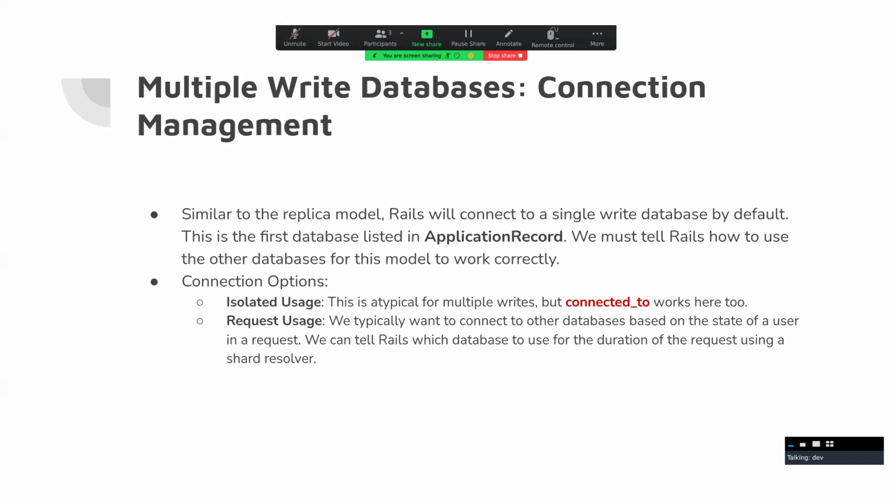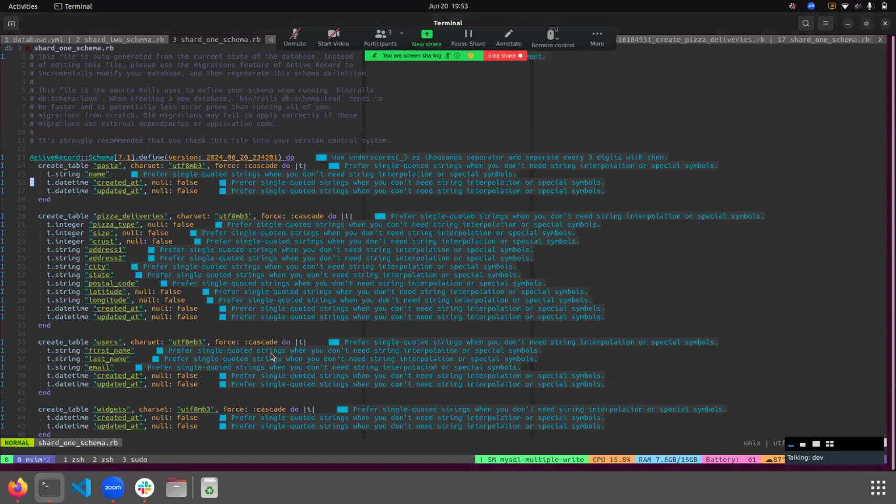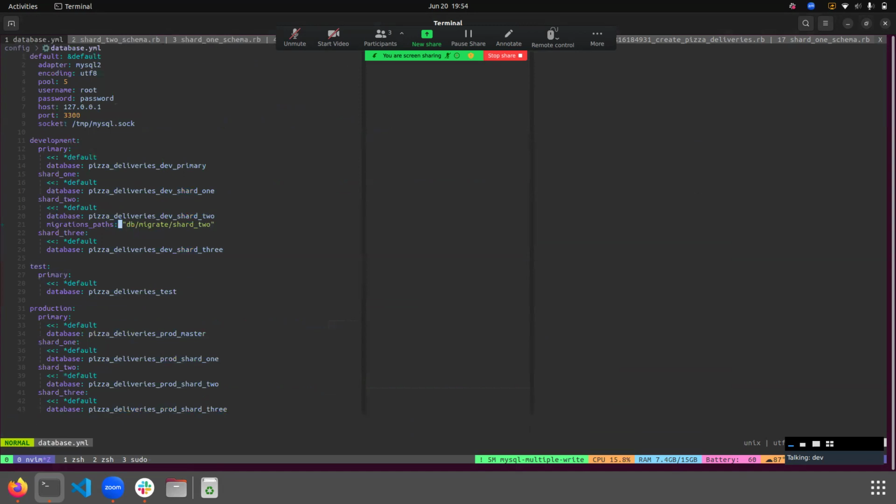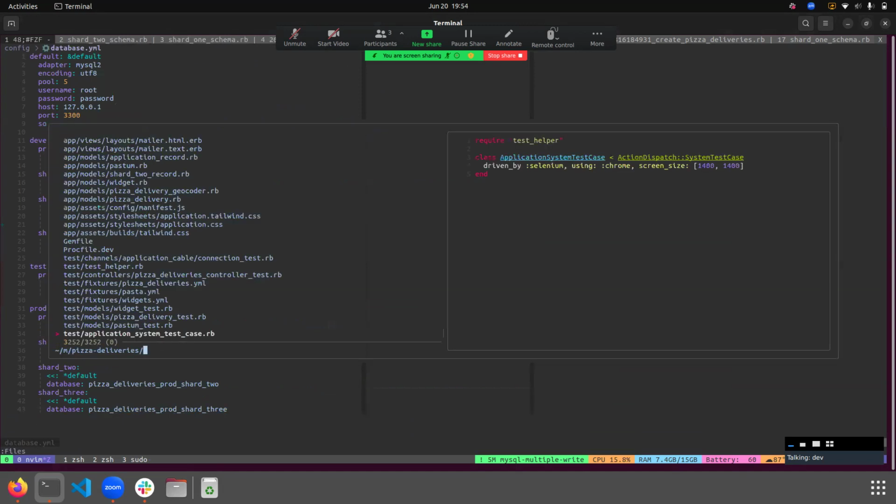Could you show us how you might pick one database when they're logged in with a certain role versus when they're logged in with a different role? Yeah, it's a little tricky for me to do because I don't actually have authentication, but I can show you